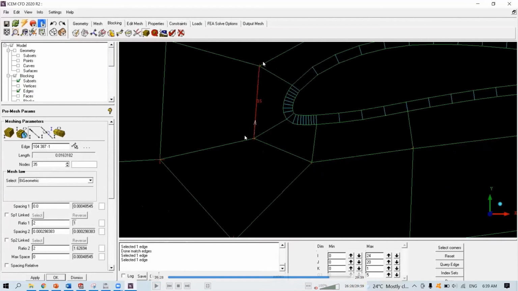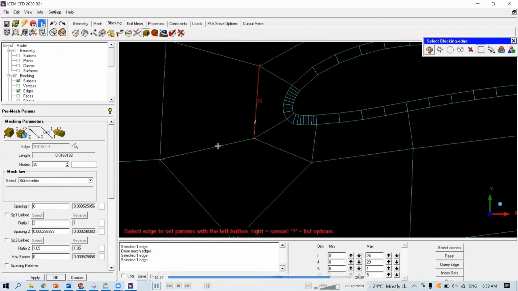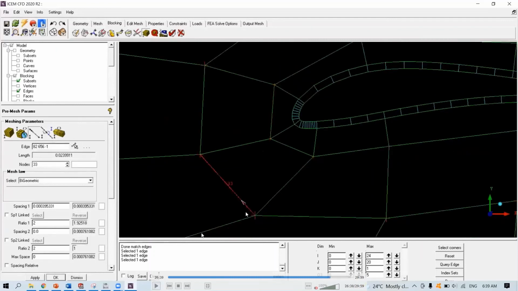So this is at ratio 2. So you change over here under ratio 2. 1.05. Apply. Here, see? Now this one is going upwards, right? So this is 1, this is 2.